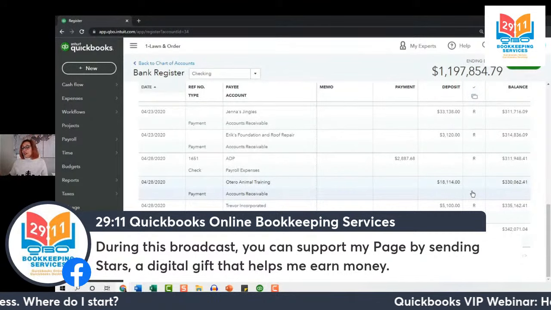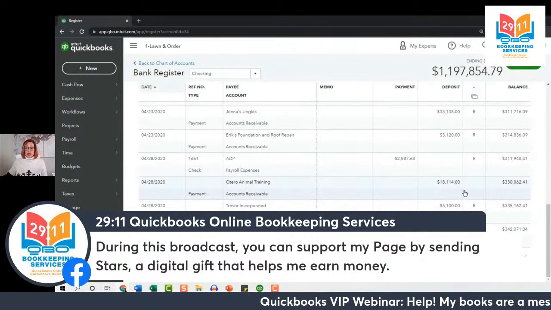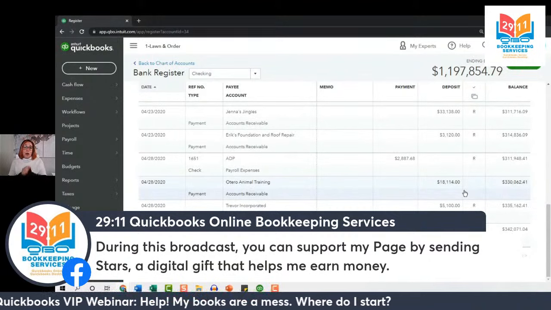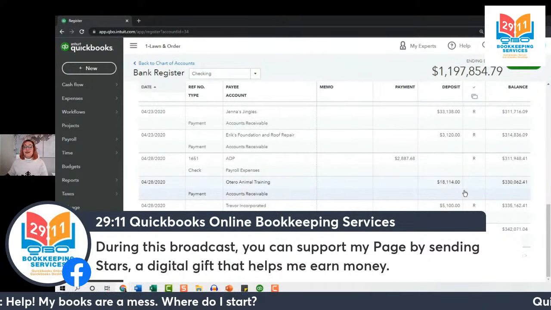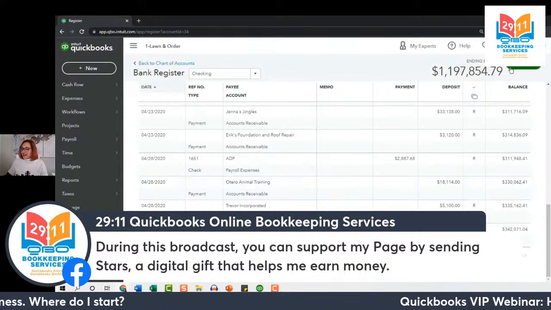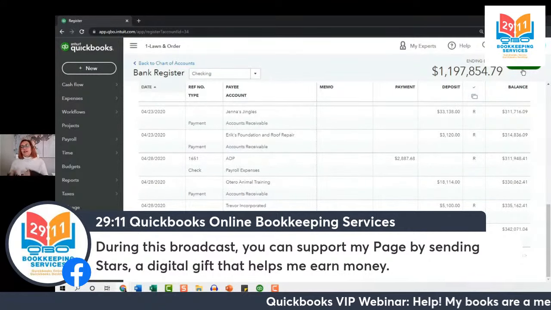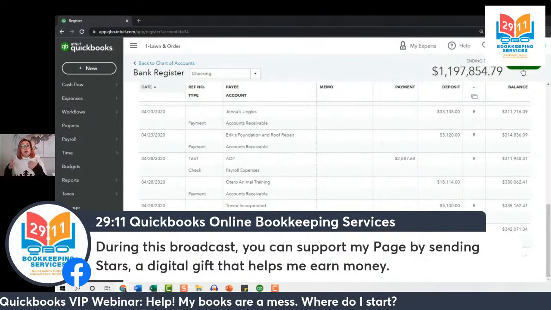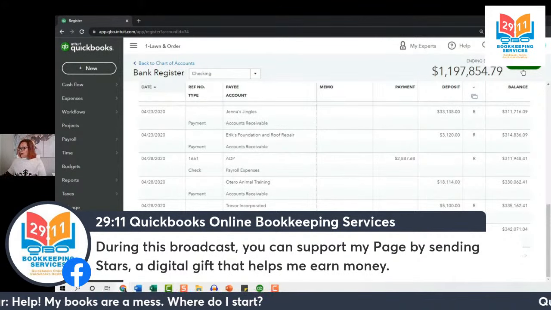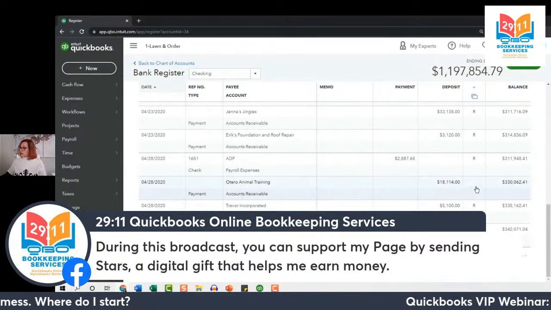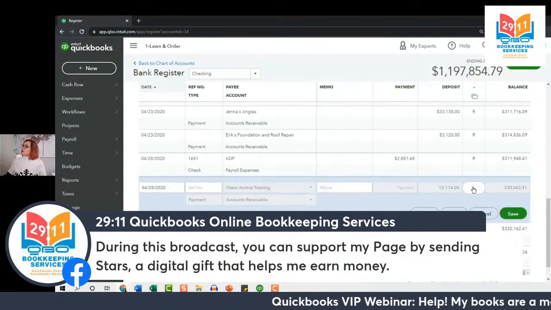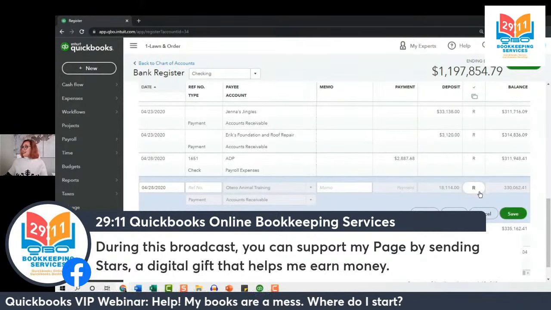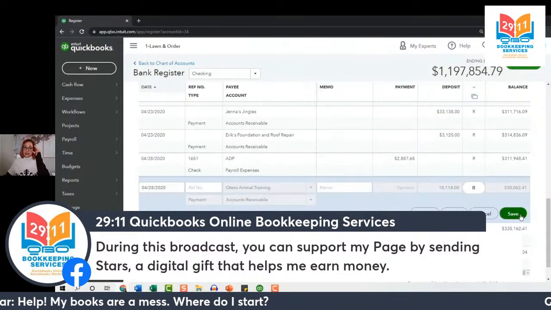Now, what we can do is actually change the reconciliation status in this register, but big asterisk here. Do not do this to reconcile. To actually complete a reconciliation, you have to be in the reconciliation window. Select reconcile and go from there. But if there's just one transaction and it was previously deleted and needs to be re-reconciled for a second time, what we can do is here in the register, select that small status column. And right now we'll see nothing appearing here. What we can do is select it and change that C to an R, and then select save.